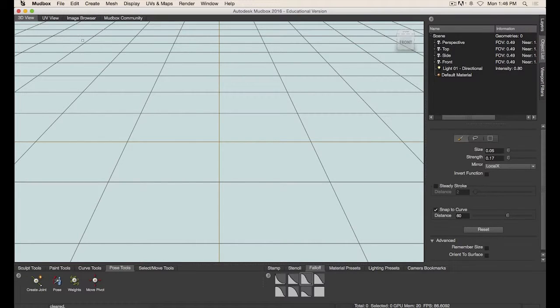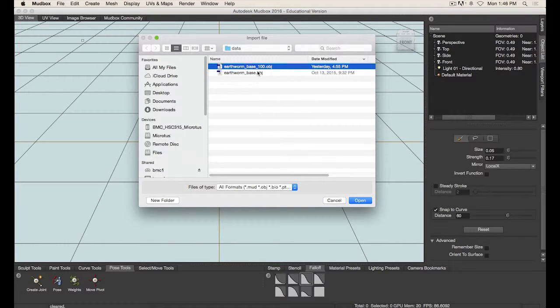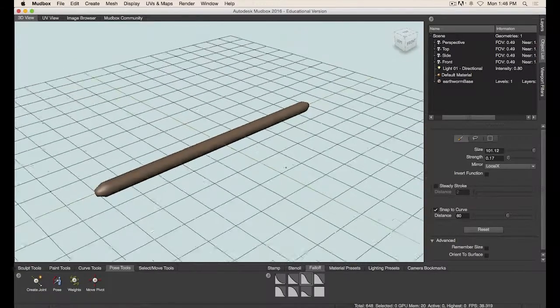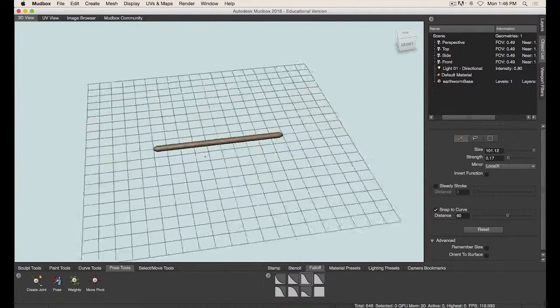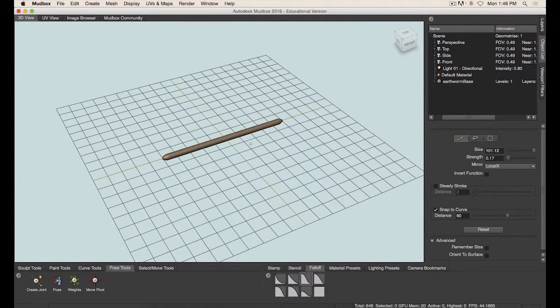And I'm going to hit close again. And this time I'm going to import a different object. And this one has been scaled up 100 times. So if I hit open, you can see that this is a much more natural size in the viewport. And in Maya, this object actually